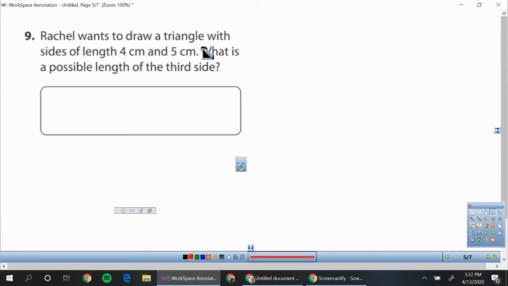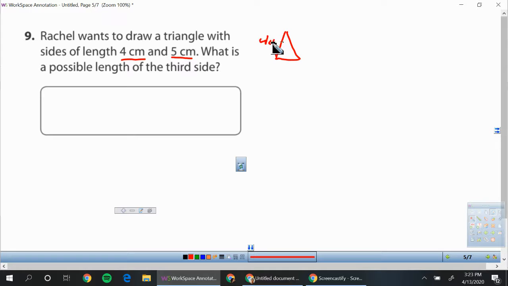A teacher wants to draw a triangle with sides of length 4 centimeters and 5 centimeters. What is the possible length of the third side? So for this question, there are many answers. For example, we could draw a triangle which has